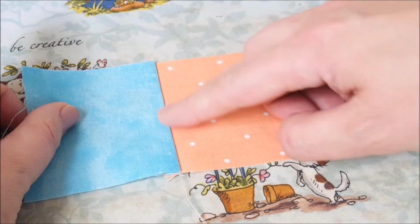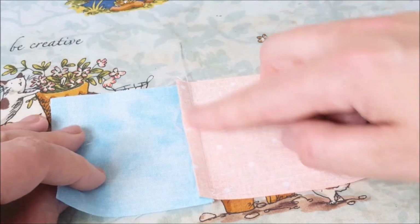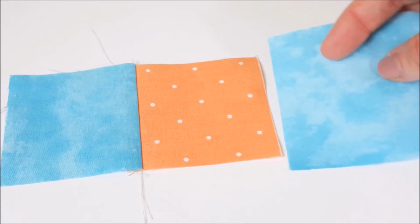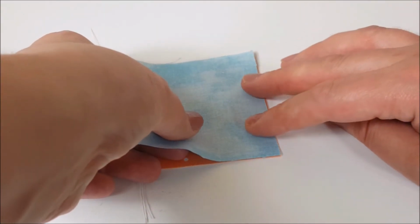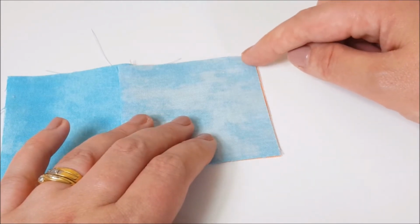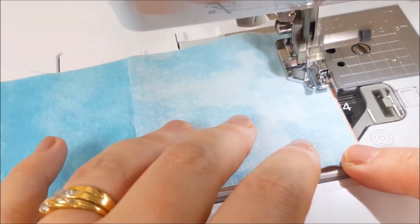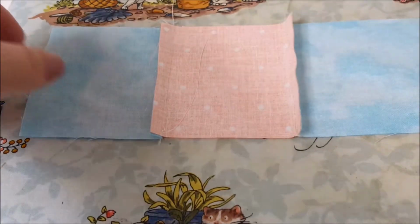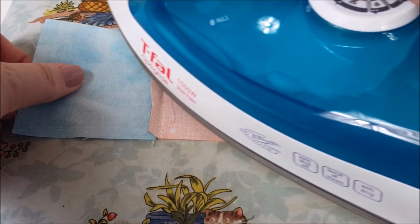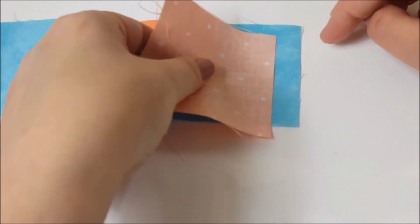Now this creates this nice flat looking finish, and it also serves a second purpose, and I'll show you why later. All I do now is get my next square section for my quilt, and I am going to put it right sides together, and I'm going to do exactly the same thing and sew 1/4 inch. Then I'm going to press this again, and I'm going to go one way with my seam pressing, and I'll tell you why later. I'm going to do my last one with you, right sides together,